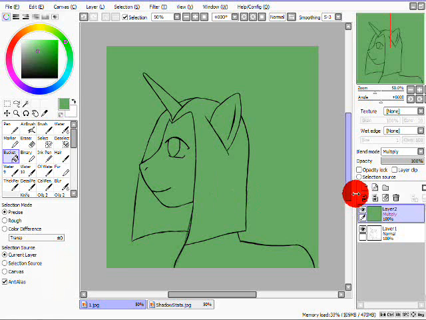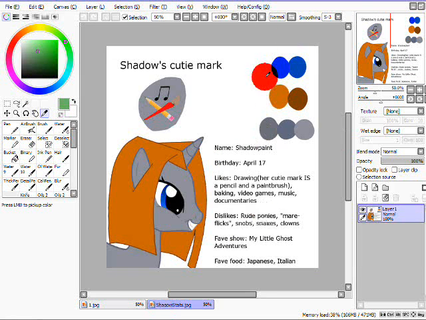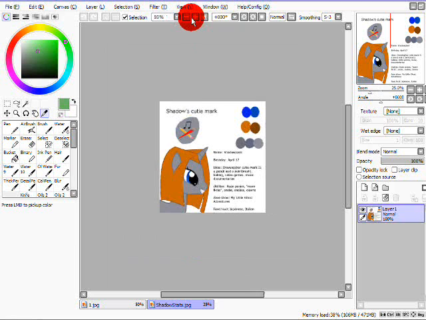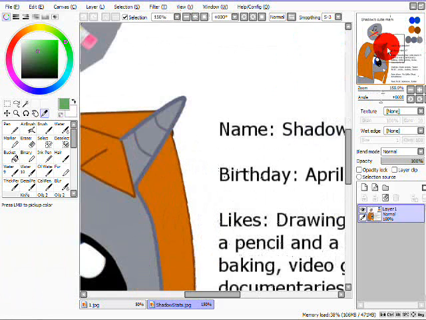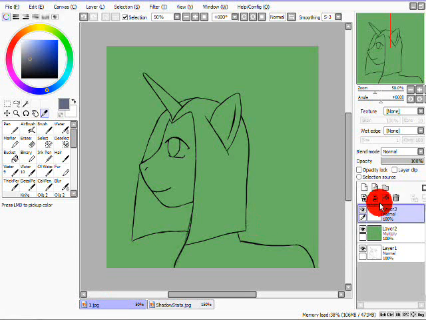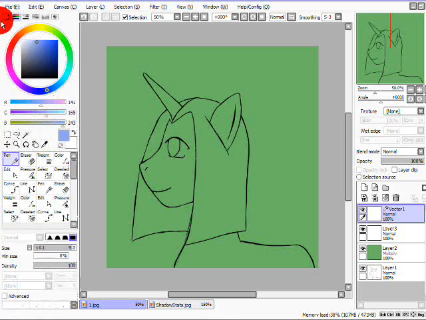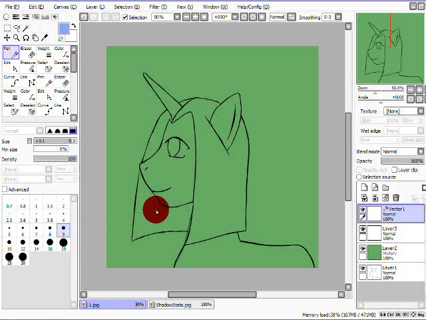Now, I do have a little character sheet that I created for Shadow Paint. It has all her base colors. And so, I'm going to use a vector layer with this, because it actually really helps a lot. I know about 6 months ago I did a line art video and I said I didn't really use it. Well, I started using it recently. It is actually a really big help. So, I'm going to take the darker color,